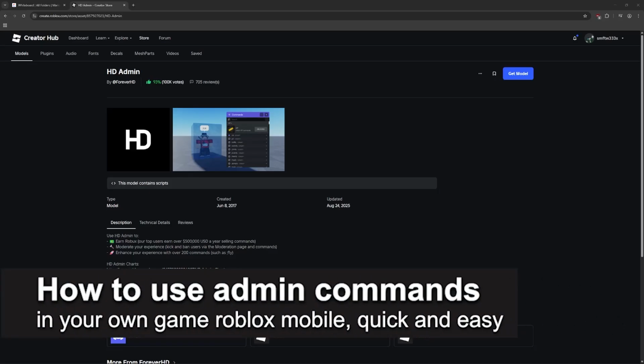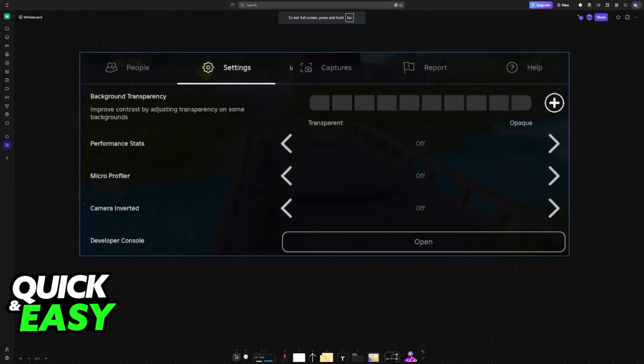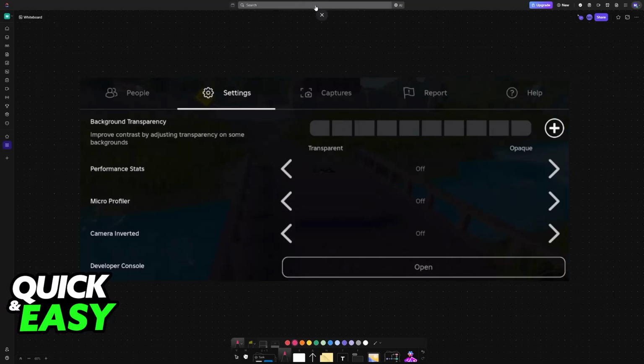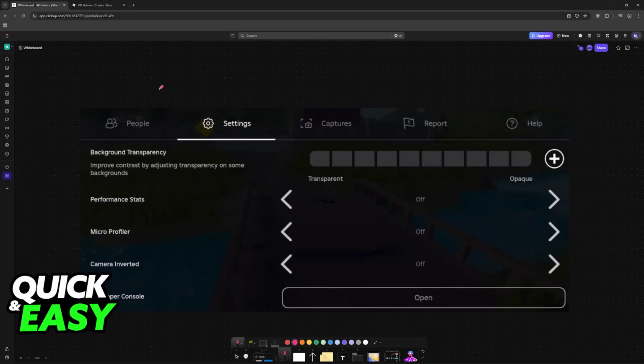In this video, I'm going to teach you how to use admin commands in your own game, Roblox Mobile. It's a very easy process, so make sure to follow along. If you are in an experience that you made in Roblox, you can download HD Admin. On PC, you would do it through Roblox Studio, but if you are on mobile, then you will have to do alternative steps to get it to work. So I'm going to teach you how to set up and use HD Admin by Forever HD on your own